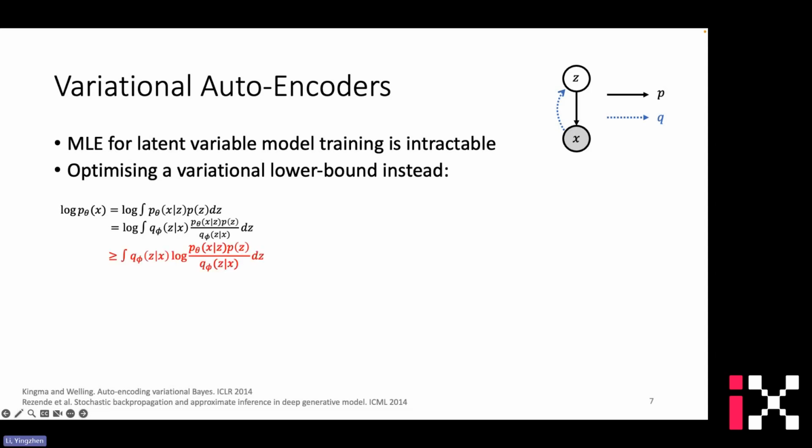The second step is to apply Jensen's inequality, noticing that log is a concave function. The idea to see this is actually very simple. If you have a concave function that looks like this, then essentially it tells you that